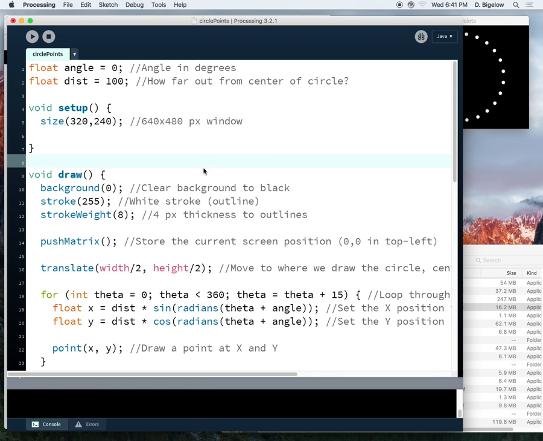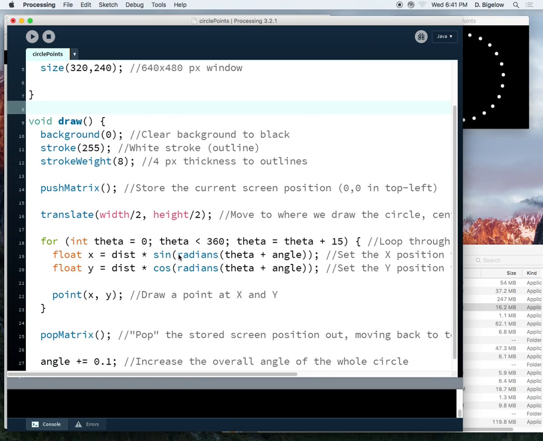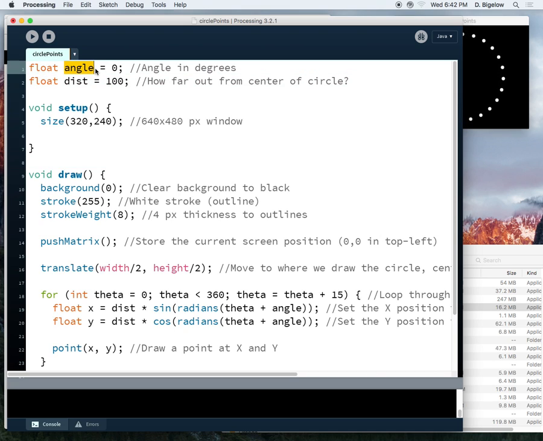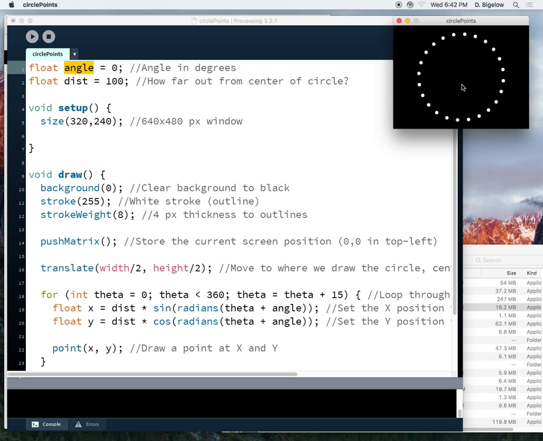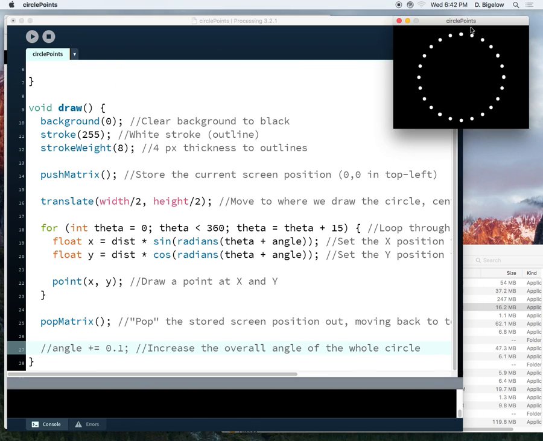So here we have some code that's on Avenue to Learn. It's pretty basic for just getting the points around a circle and drawing at them. It has a variable here called angle that lets you rotate the whole circle. If we didn't change angle, like so, if we got rid of that line, we would just have these points